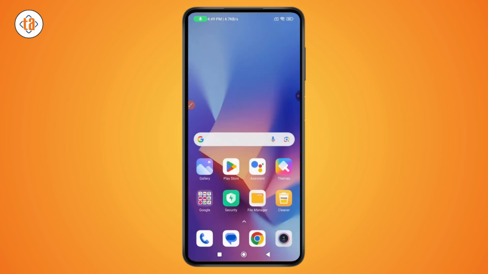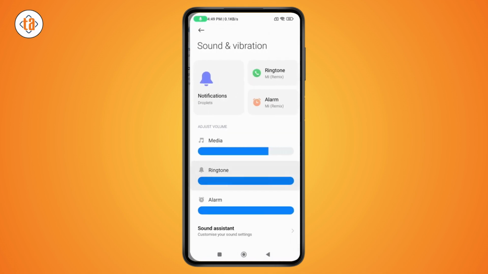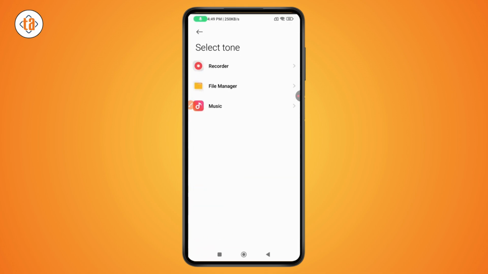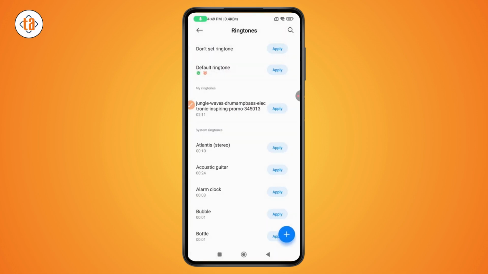Now you can go back and go with your settings, go with your phone, ringtone, tap on ringtone, and then tap on the ringtone option again. Now you can go with choose local ringtone and then select music and select the audio that we downloaded. After that, tap on OK and tap on apply,